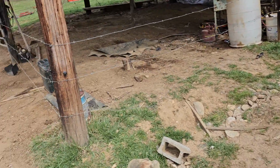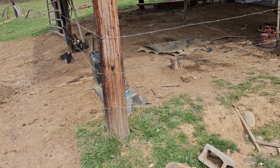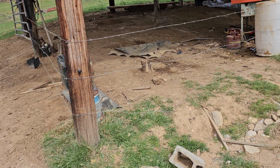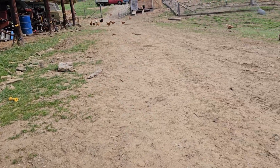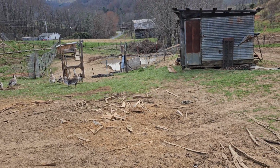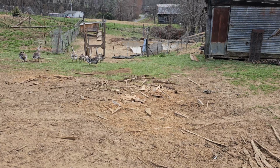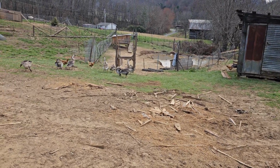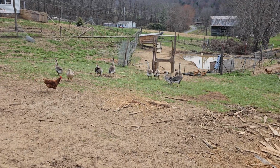And then Hugh and Aaron will be able to take all of this barbed wire off this building because the cattle won't be able to get in there at all. And it'll make it a whole lot more accessible and easy to get things in and out of. The old chicken house will be gone, and all of the fencing around the goose pond itself will be gone. And the goose pond will be enlarged just a little bit